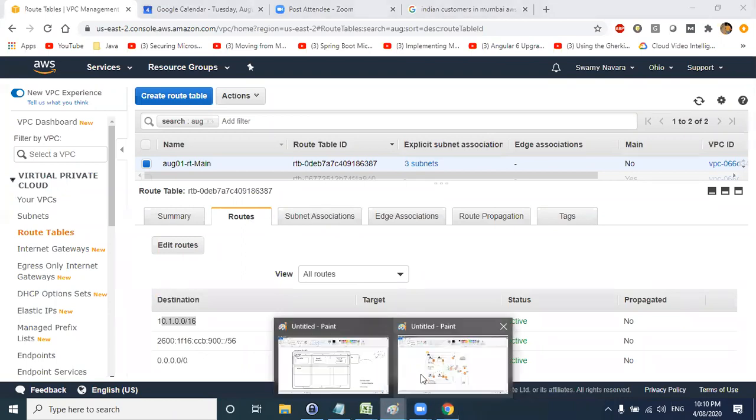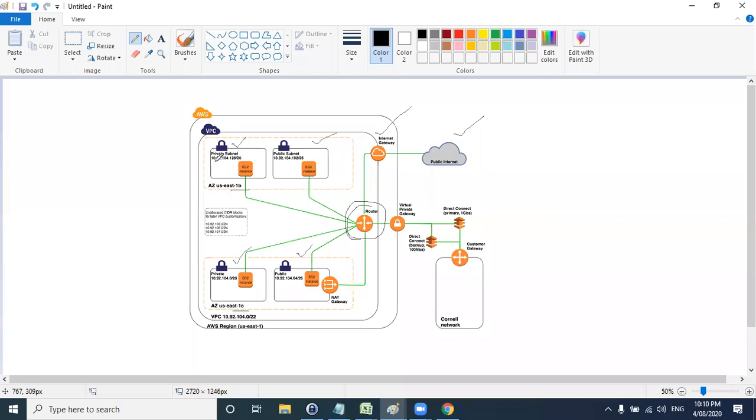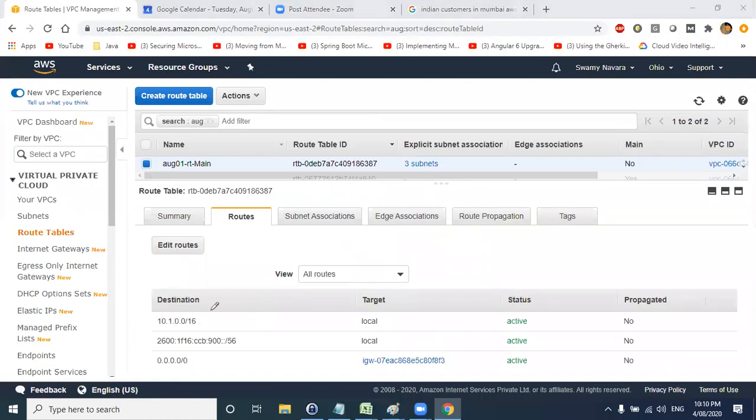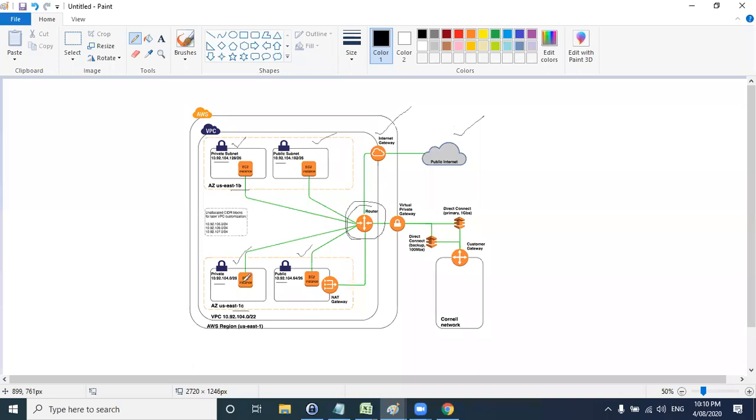For example, if you see this diagram, here also they have started with 10.92. Any subnet starting with 10.92 is private traffic. Let's say this EC2 instance wants to communicate with this EC2 instance, it will use the local traffic, 10.1.0.0/16. It doesn't matter which subnet it is, because it is local traffic. It will go to the router and come back. But just remember one thing, guys, this router you cannot physically see in AWS. It is maintained internally by AWS.